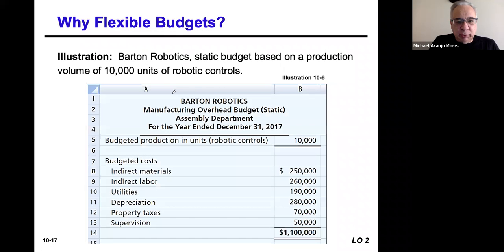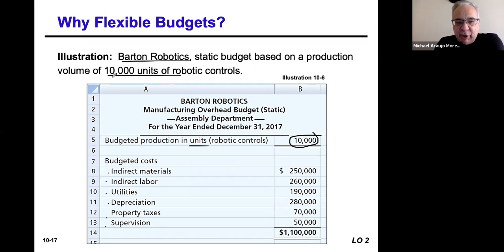So here we go. Here's an illustration. Barton Robotics. They have a static budget listed here from their assembly department based on 10,000 units. Based on 10,000 units, they have the following budgeted costs for indirect materials, indirect labor, utilities, depreciation, property taxes, and supervision. $1.1 million